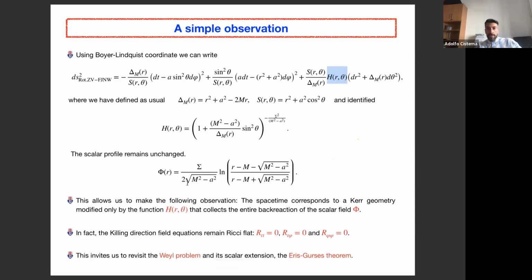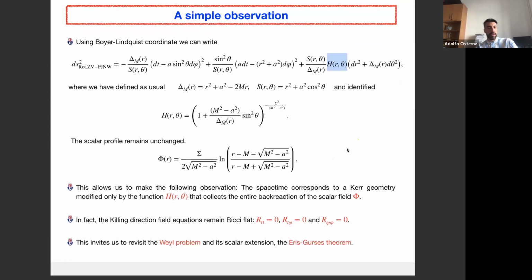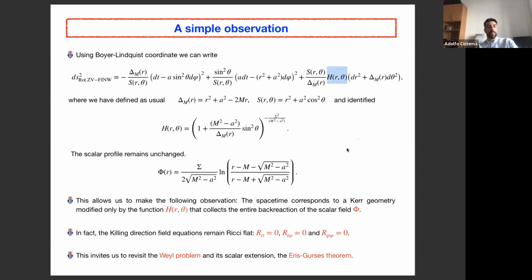And actually, the solution of Gal'tsov we can integrate in a few steps if you take the metric of Kerr in Boyer-Lindquist coordinates, and you modify Kerr by simply putting a new integration function. You go through the field equations, all the Killing equations are going to be satisfied, and you can integrate H from the non-Killing components of the Ricci tensor.